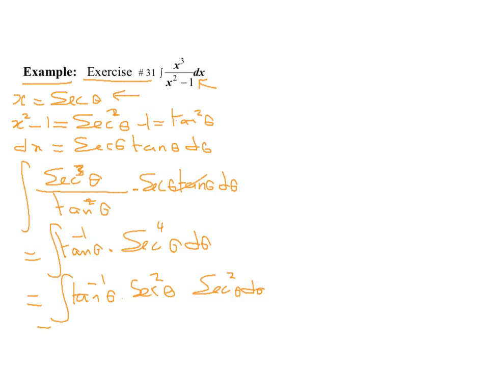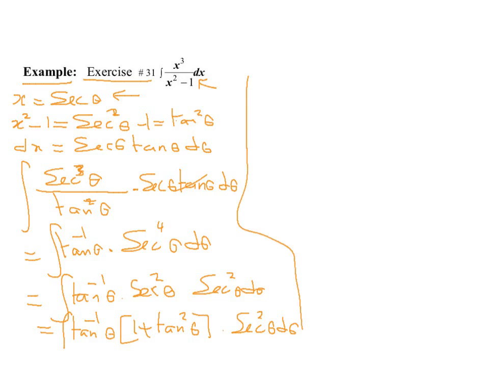So this is equal to tan to the power minus 1 theta times 1 plus tan squared theta, which is secant squared theta, and this secant squared is saved as du. So the integration will become the integration of tan to the power minus 1 theta plus tan to the power minus 1 times tan squared. We add the powers, and it will become tan theta